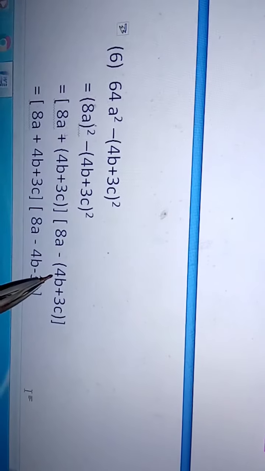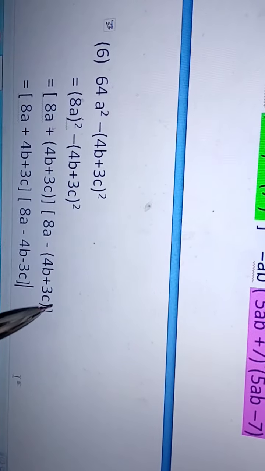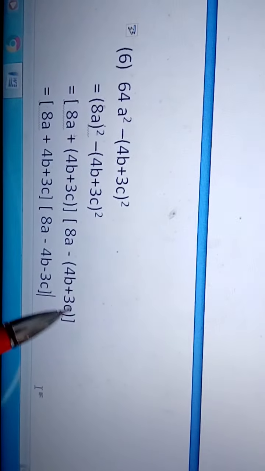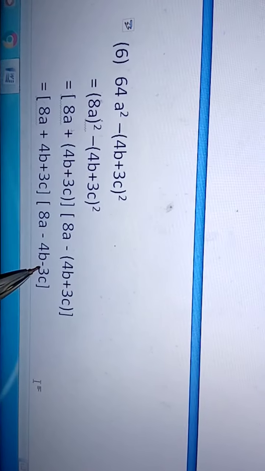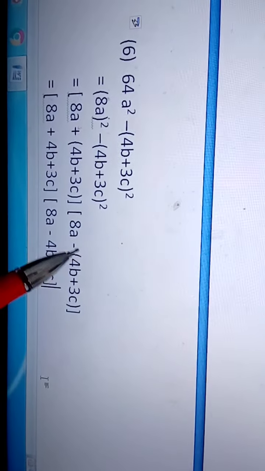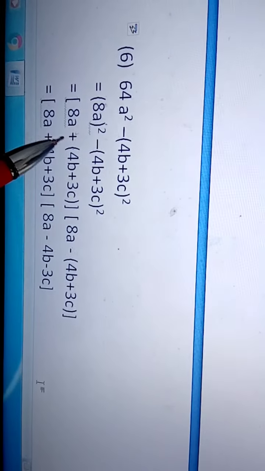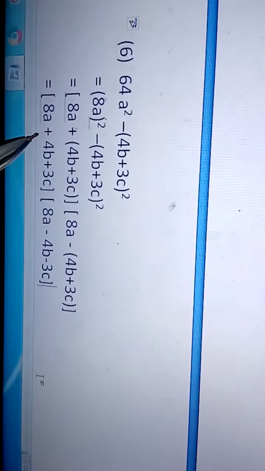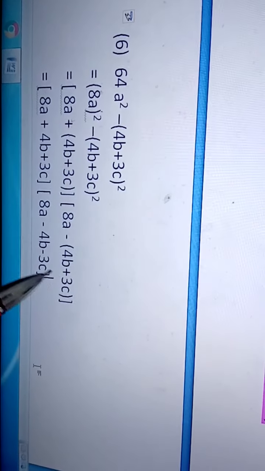When a minus sign is given there, that minus sign should remain outside this small bracket. After that, when you remove that bracket, minus into plus will become minus. That is the very important point to be taken care of. Minus into plus is minus. Fine. When the plus sign is outside the bracket, then no problem, you can remove it, because plus into plus is plus, but here minus into plus is minus.